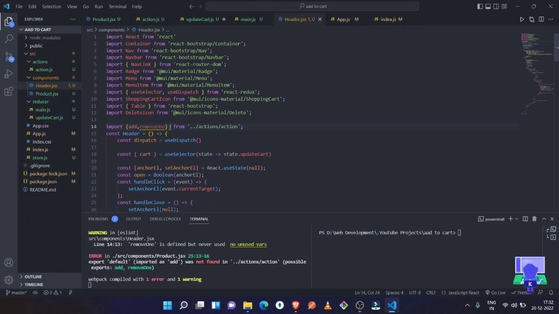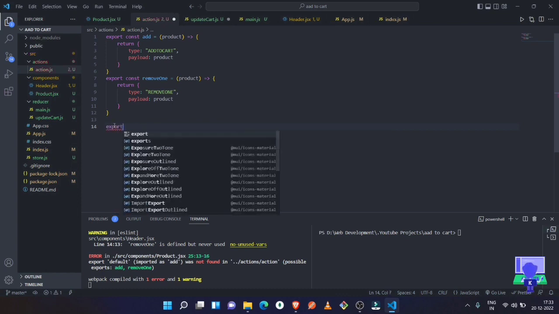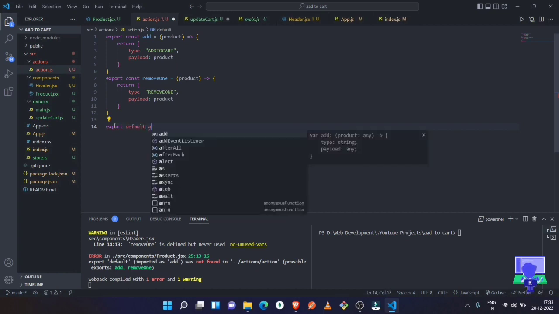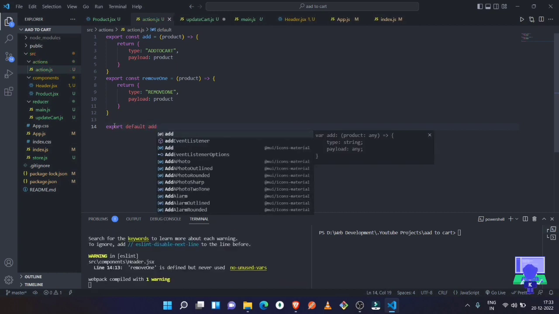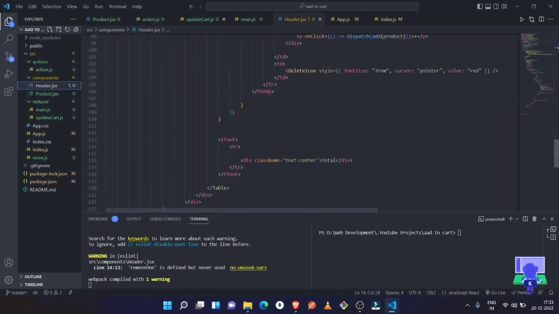Okay, we got some error here, export default. So okay, imported as add was not found in action. Okay, so just go to the action file, and here we must have a default export. So export default, and any action that we can put here. So add, save it, and now go to the header.jsx, and here we just need to call this remove one,